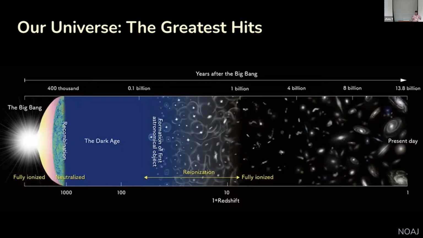And so we can get a sense of how much the universe has expanded since then, in order to go from something that's extremely hot and very, very high energy to now very cold. What happens, and I'm going to show a simulation of this in a moment, is that you have what people sometimes call the dark ages. Basically, nothing is really happening. Gravity is causing matter to condense over large scales, but eventually that gravity causes gas clouds to form, clump together, and then undergo runaway gravitational collapse.